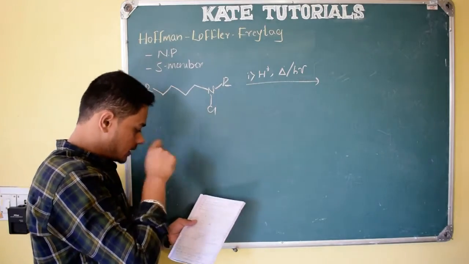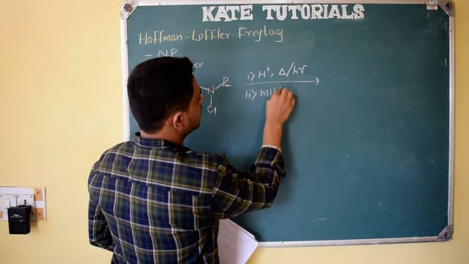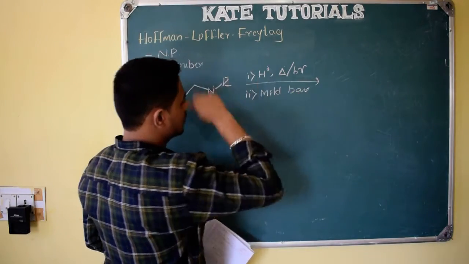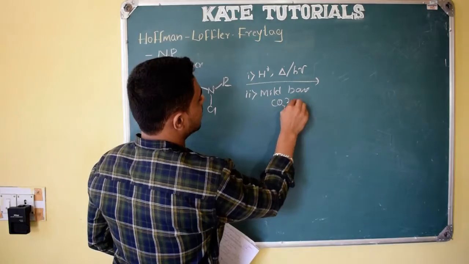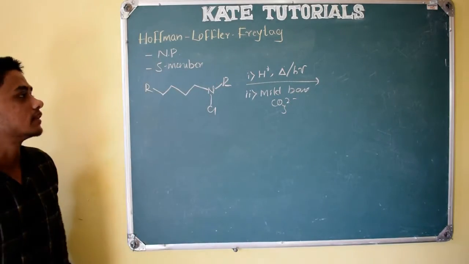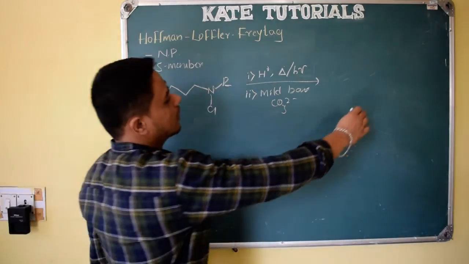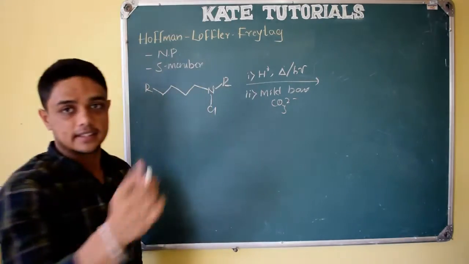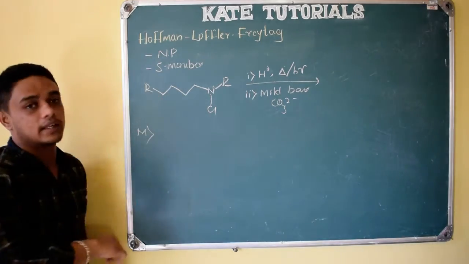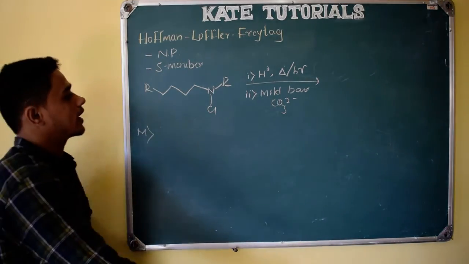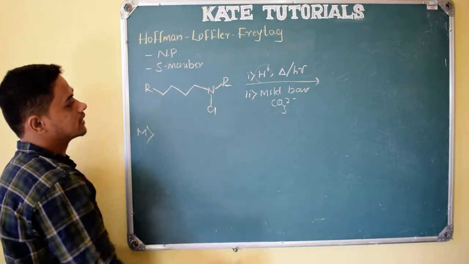So these are the reagents, and the second reagent is a mild base. Mild bases, we know, are sodium or potassium carbonates, CO3 2 minus carbonates. These act as a mild base, and the product we get is a five-membered ring. Once we discuss the mechanism, then you will get to know how we get the five-membered ring. So, this reaction is carried out in acidic medium, right? So this is the reagent.